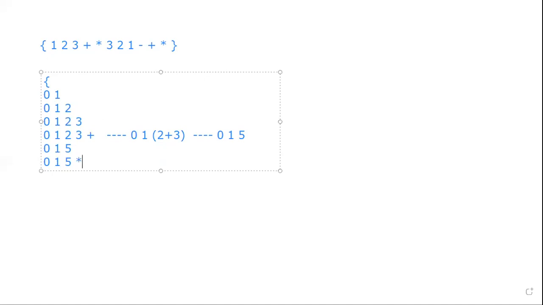Now specify the star. So what is being done? It is recognizing an element, a character which is specified as an operator.